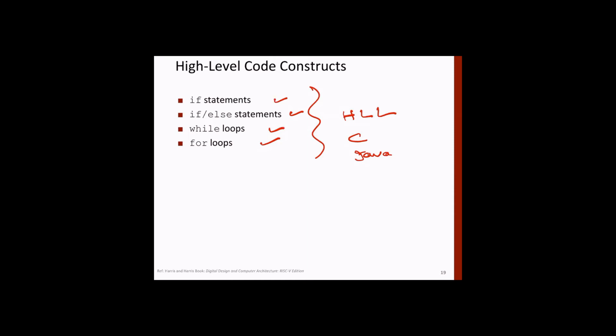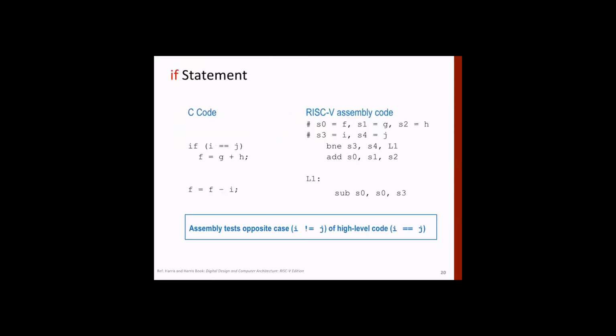In some form or other, every language will have a loop, every language will have if then, or maybe if then else. I'm sure you know the difference between if then and if then else, right? You would have done this programming in your first level course or even afterwards. So let's look at the if statement again and see how it works out in assembly.